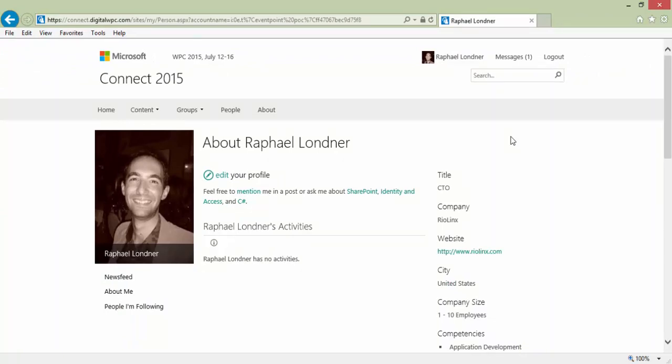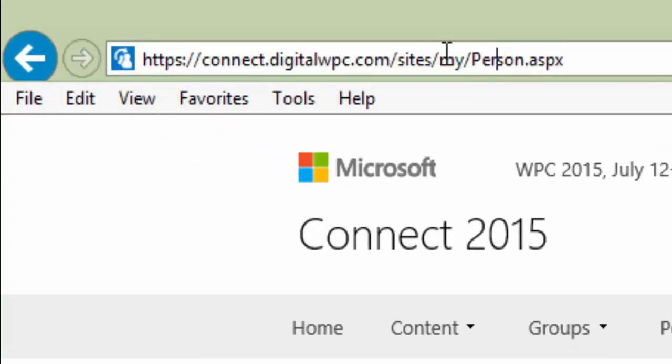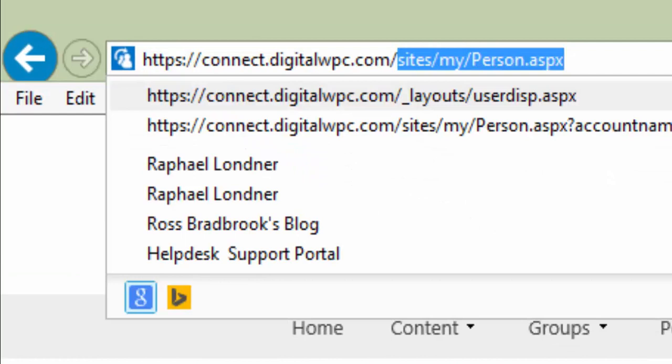However, if you could find a way to get all of the account names for all of the users, that would obviously be the key to unlock and browse all of the user profiles at once. If you know SharePoint more than a little bit, you might be aware of another profile page. And if you don't, let me try to teach you about it. That page is what I call the SharePoint Foundation profile page. And it can be accessed on any SharePoint site as